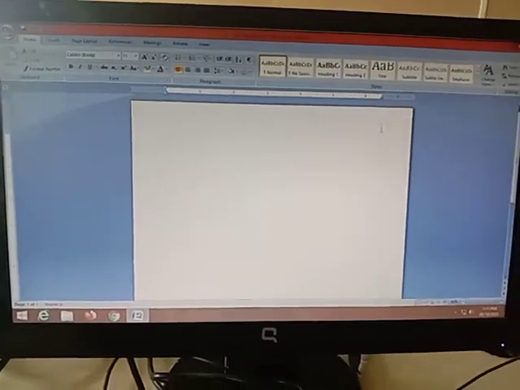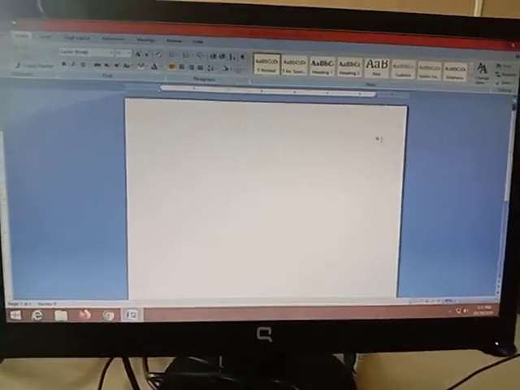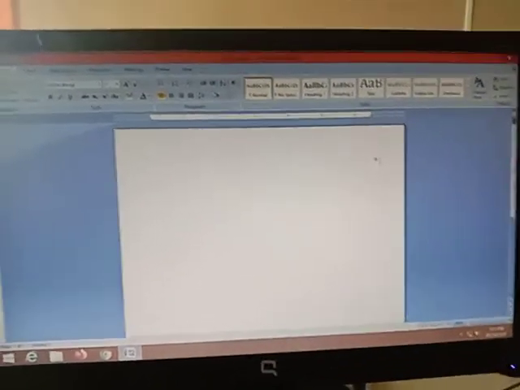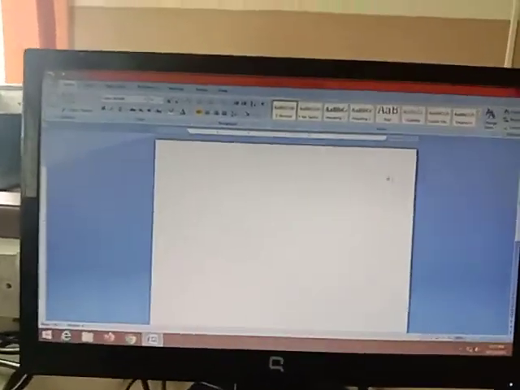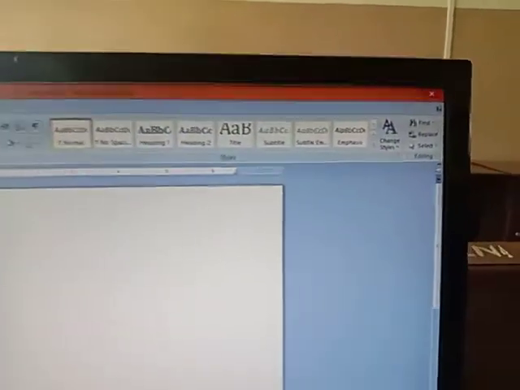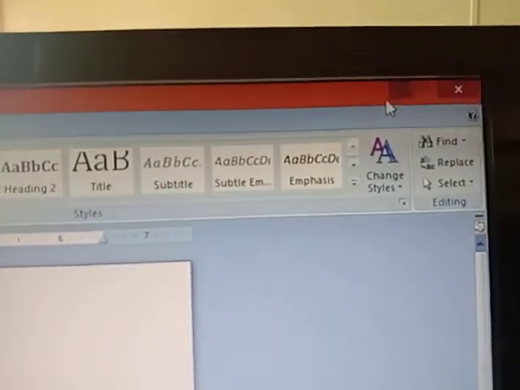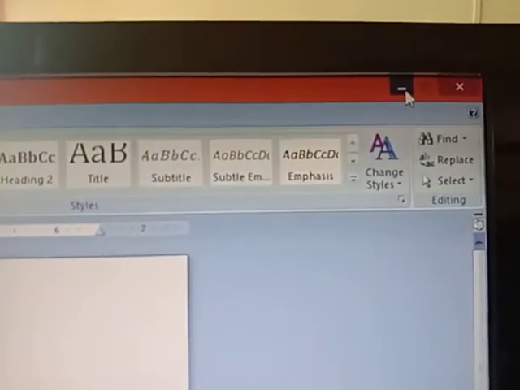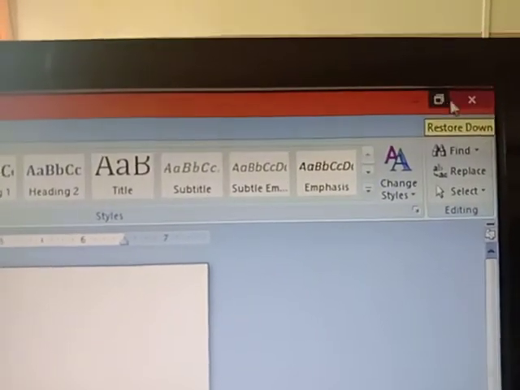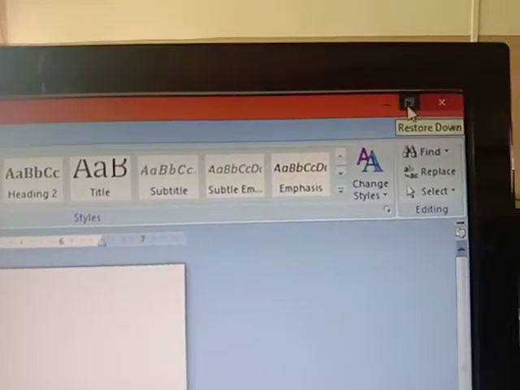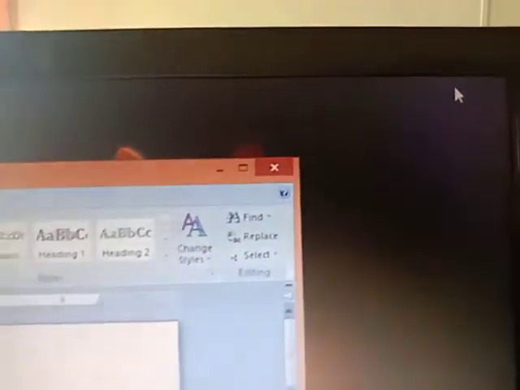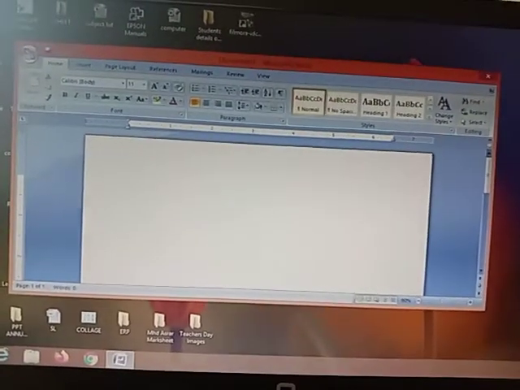Children, when you open any application, the window will come like this. In this window, at the top right corner, there will be 3 buttons. Can you see, children? Minimize, restore and close. If I click on the restore, the window size will become small.